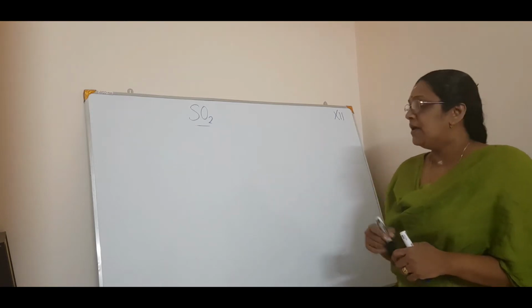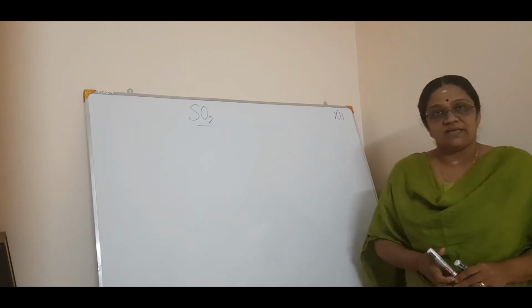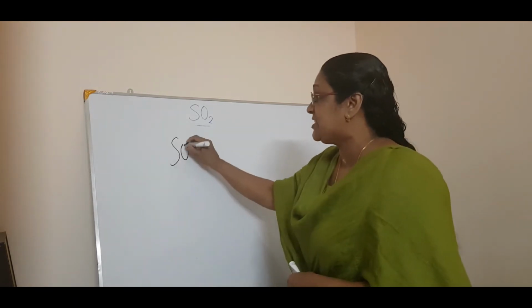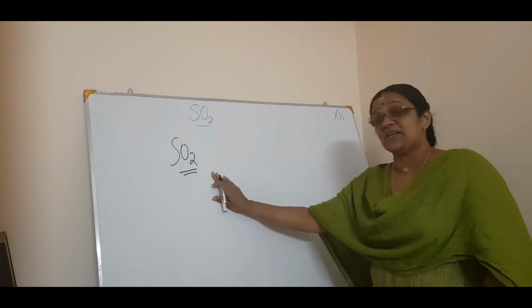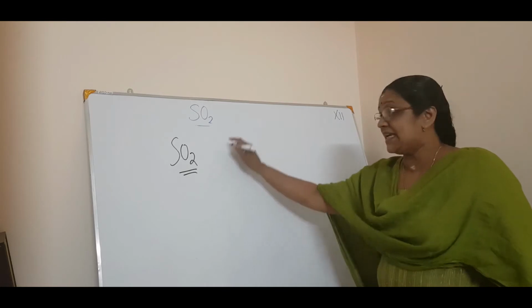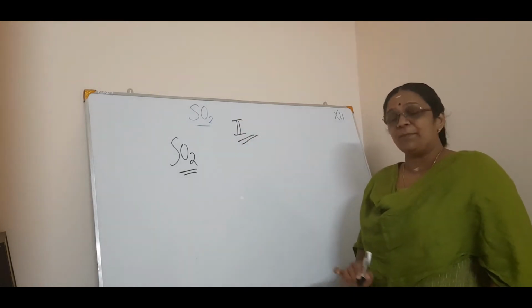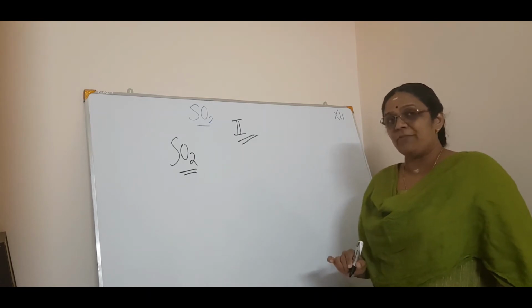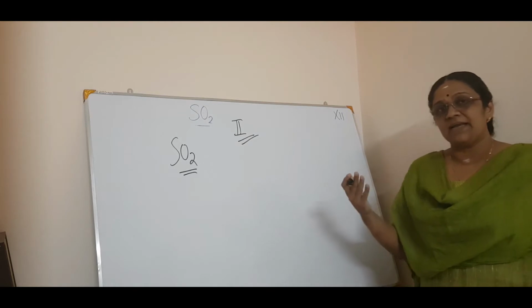Okay, then. You have the preparation, then you have the physical and chemical properties. Sulfur dioxide has a pungent smell. We haven't done it in the lab because it is pungent and causes irritation. That's why we haven't done the second group. If you remember, we are not doing the second group elements by passing hydrogen sulfide, because of the irritating nausea and all, we don't do it in the lab.